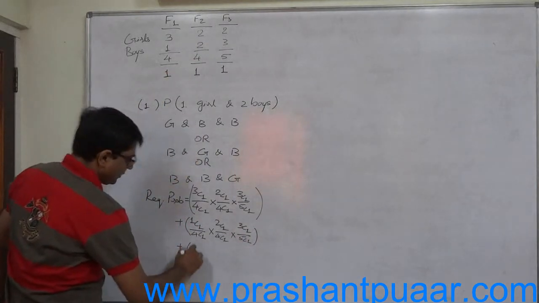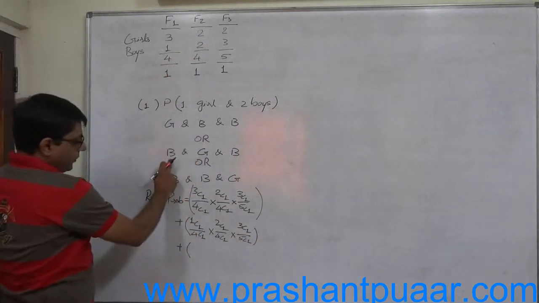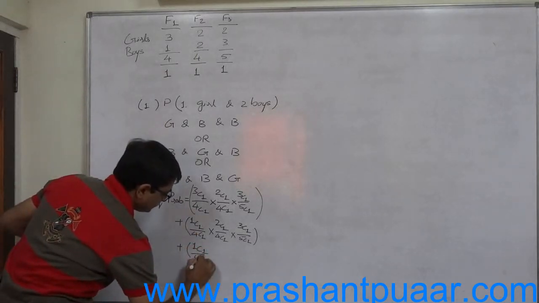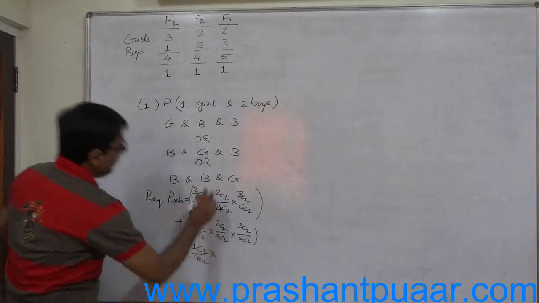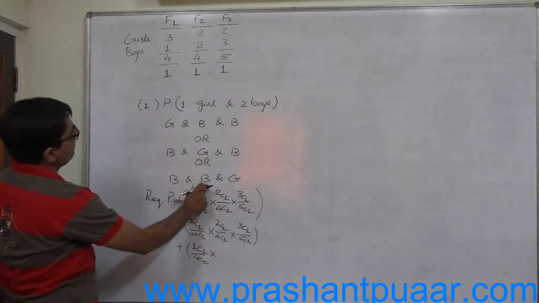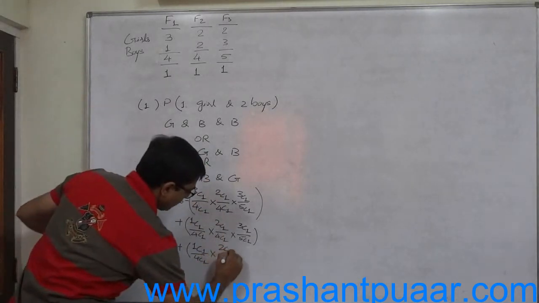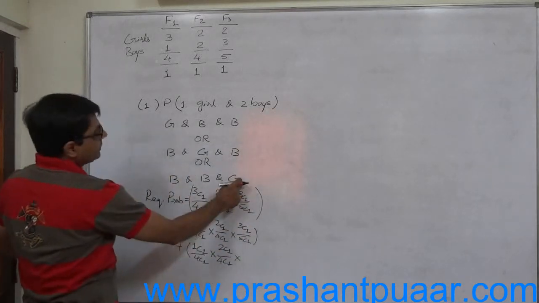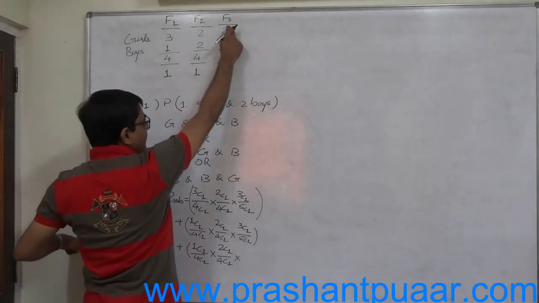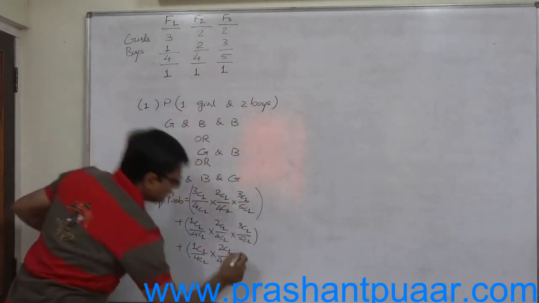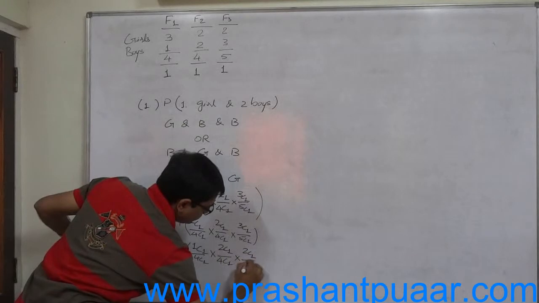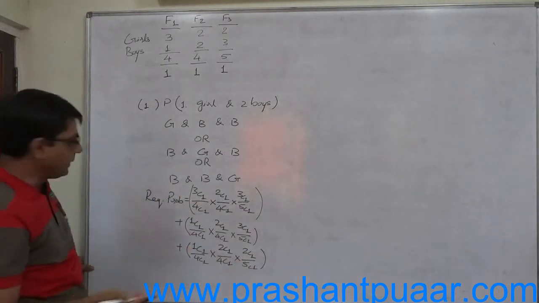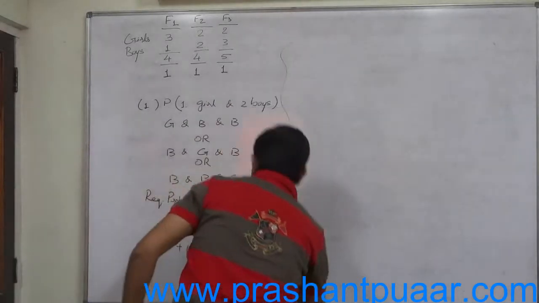Or boy from the first family, again 1C1 upon 4C1, and boy from the second family, again 2C1 upon 4C1, and girl from the third family, that means now in the third family 2C1 upon 5C1. And we know that NC1 equals N. So